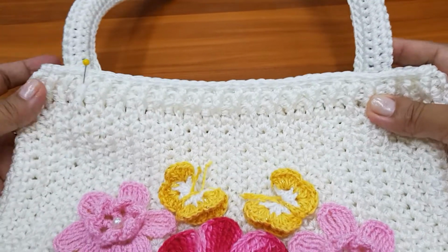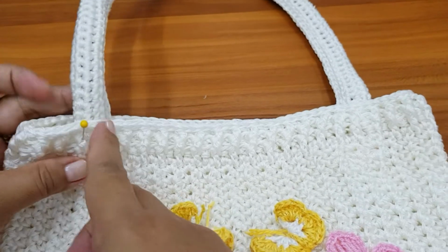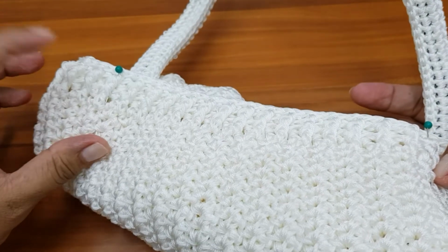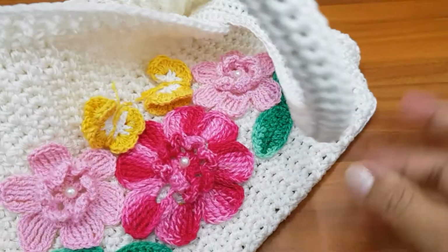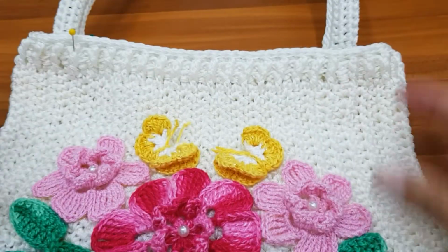So here, you will repeat the other process for all the 3 corners. One is there, and then the other side as well, and then here. Once you have completed, I will show you how to place the inner part, and then we will do the blind stitch. Okay,